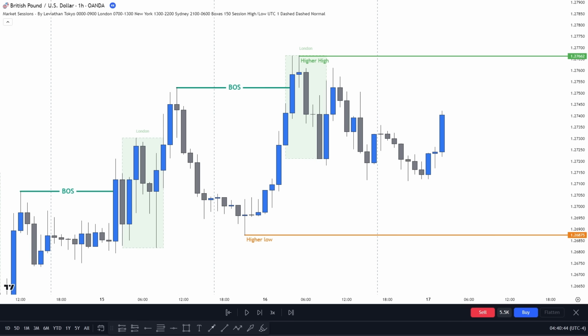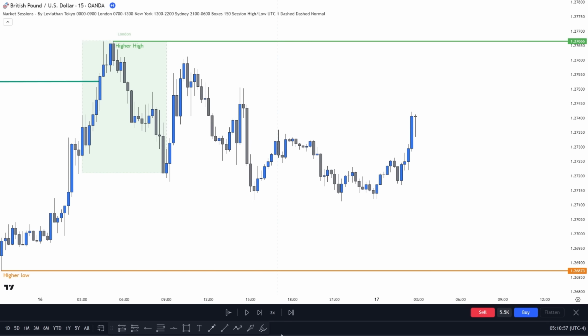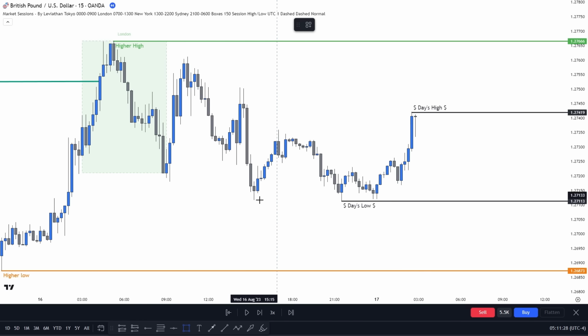Now let's zoom into the 15 minutes chart. First, remember that the higher time frame direction is bullish, so we are only interested in buying this pair. Now we will mark the important liquidity zones, which are the high and the low of the day created by the Asian session. We know for a fact that many traders have bought this pair in this support area, so